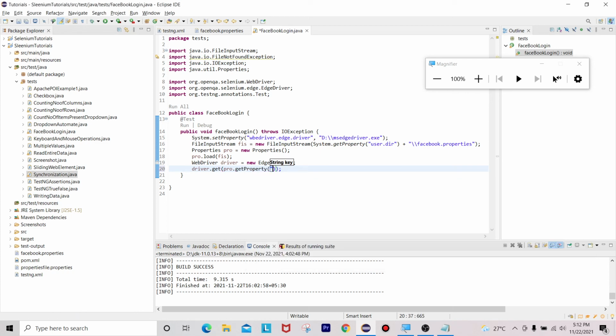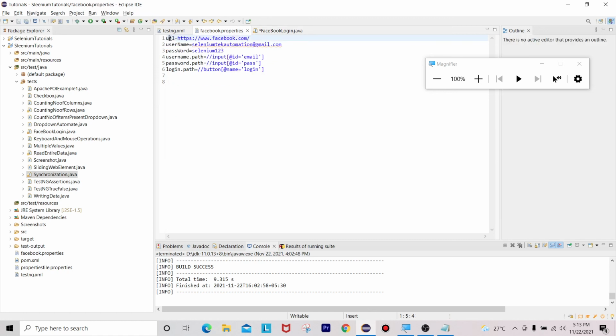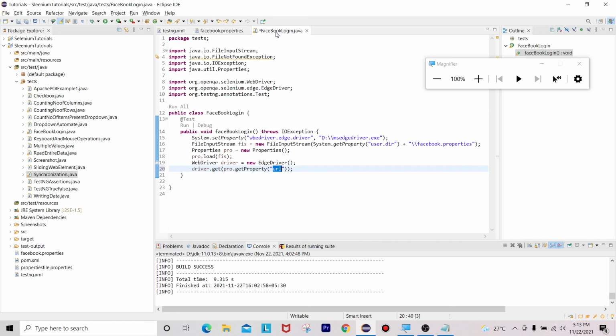What is our key inside our properties file? That is URL. It will give you some value based upon the specified key. So here I specified that key as URL. It has the value of the Facebook URL. So it will take this URL key and give you the URL https://facebook.com as the value.